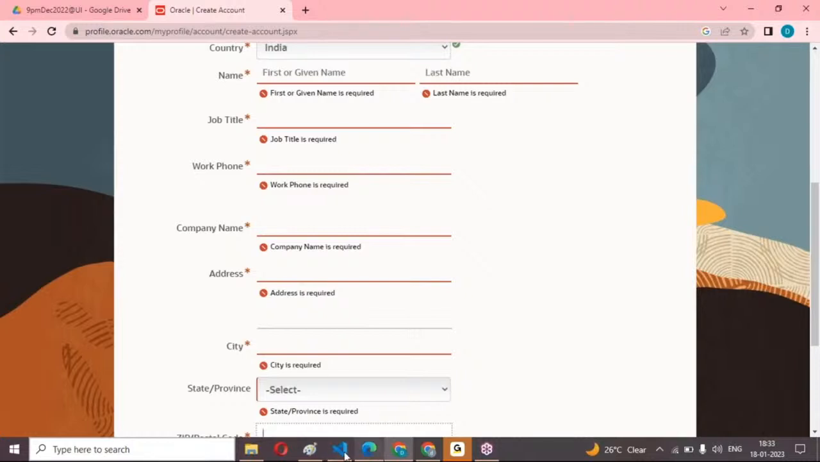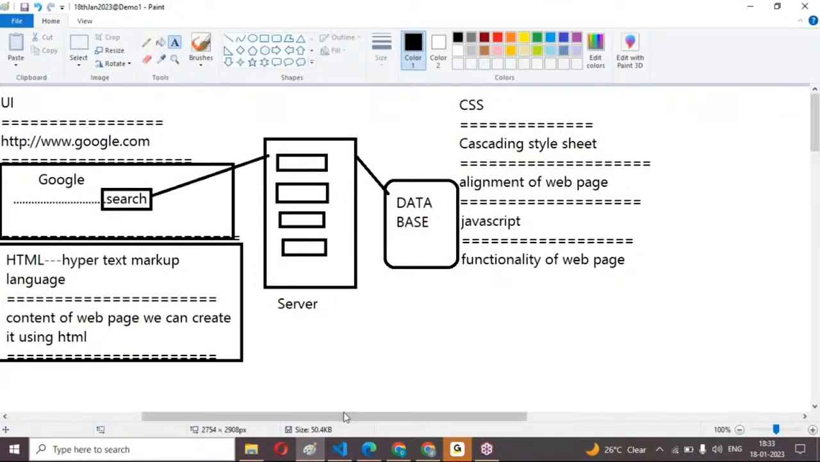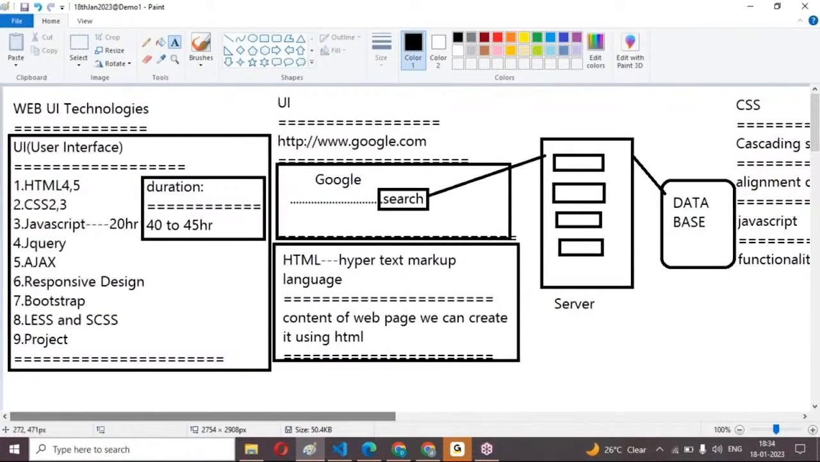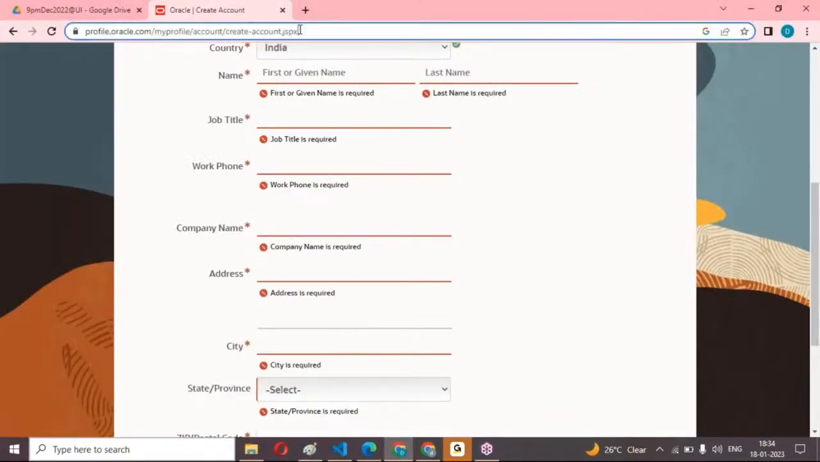Majorly, in today's session we discussed what is the use of HTML, what is the use of CSS, and the basic use of JavaScript. Okay, I'll show you some real-time websites. Here this is one UI page, and this URL